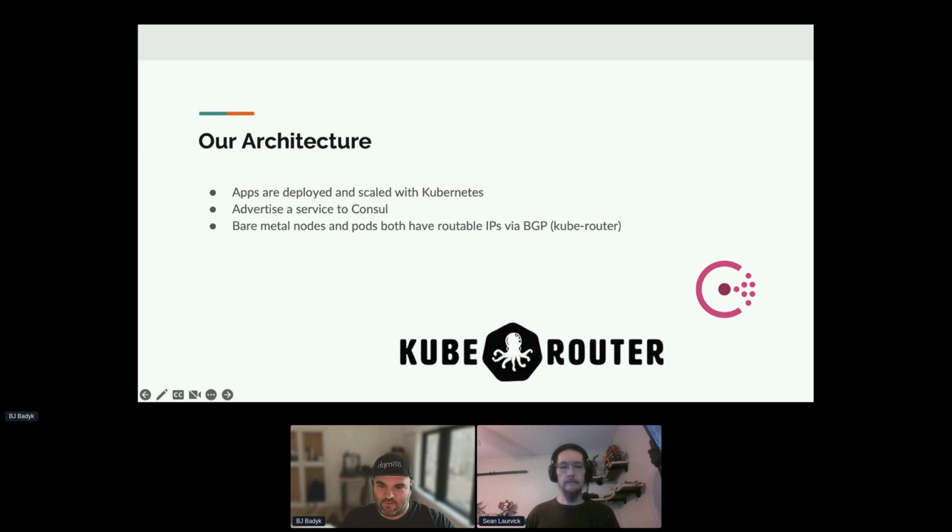And to do that, every pod has its own IP address, a routable IP address. Again, avoiding ingresses, avoiding any proxying of any traffic, because we want low latency. We don't want to involve more load balancers where we don't need them. We use KubeRouter to effectively announce the pod IPs and peer to the top of rack switches to make sure that those ranges are advertised out.